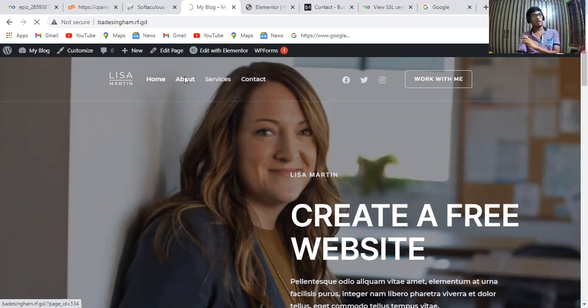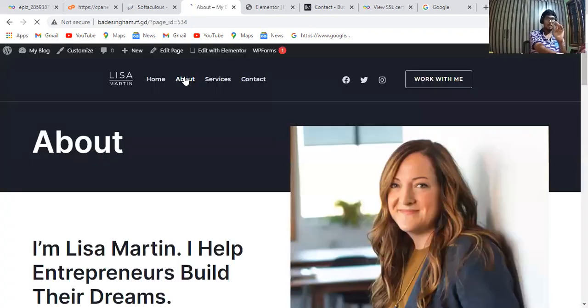So let's see here, all of you. Now I'm going to the about section. See, this was the example. If you want to edit the about section, you have to go to the pages section and click on add a new page. After that you have to select about, and you can edit the about, our services and contact also. This was the example that I'm going to show you.